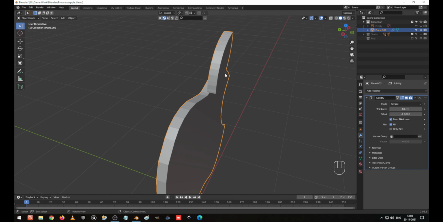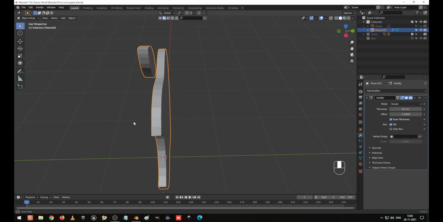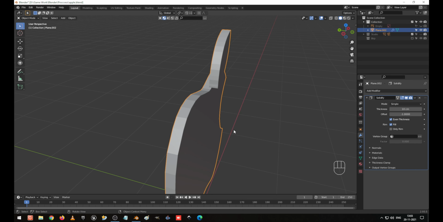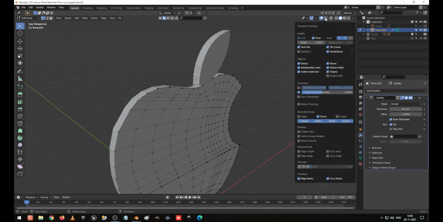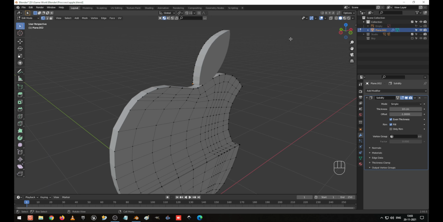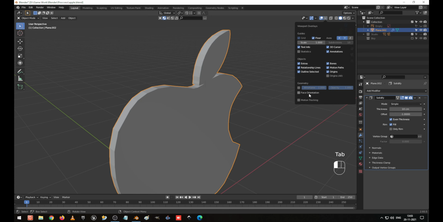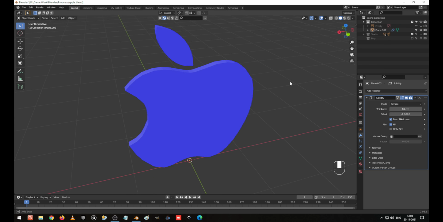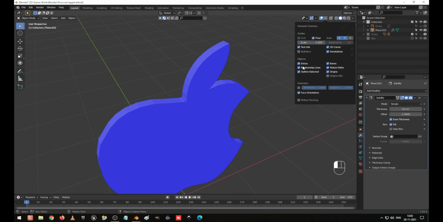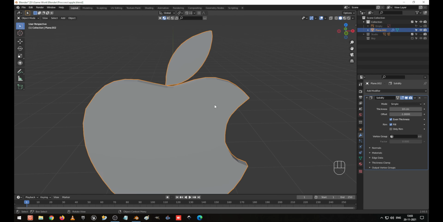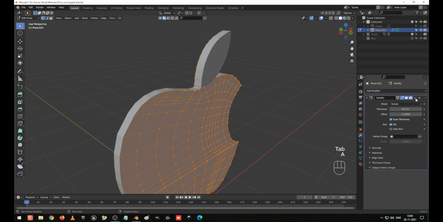Okay, now it did not come evenly. You can see one is coming to the back side, one is coming this side. This is due to the normal issues. I'll show you what the normal is. Go to object mode and go to this view option and select the face orientation. It's not correct. So what I'm going to do is go to object mode, select everything, and I